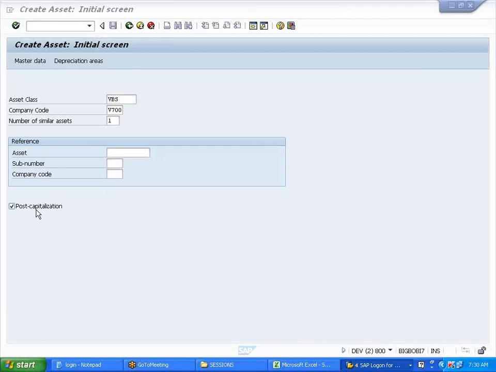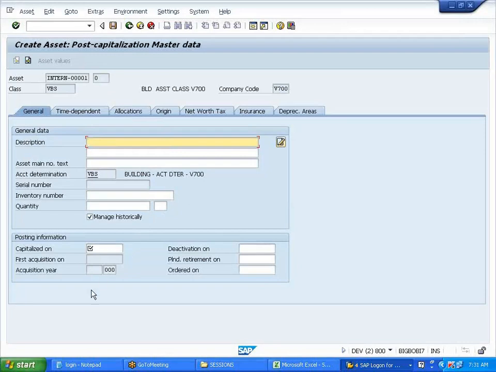See here, now I've selected this post capitalization, I press enter. What do you see? Capitalized is on, a mandatory parameter. It has become a required entry. So I'm saying a post capitalization of an asset.